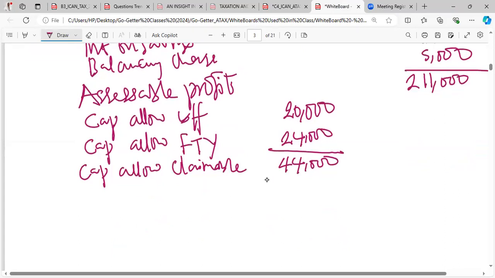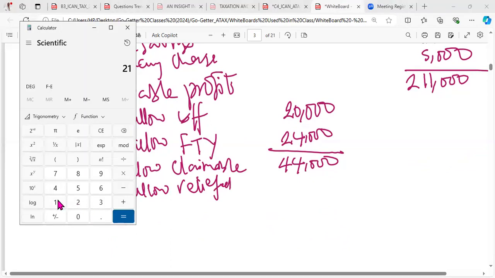Then capital allowance relieved. Of course, the maximum should be 2/3 of 211. If we are to look at 2/3 of 211, so 211,000 times